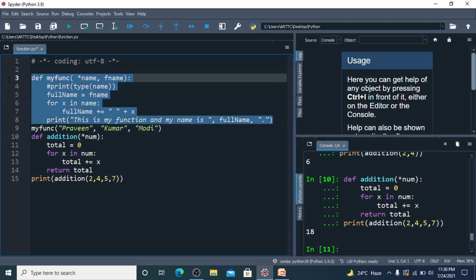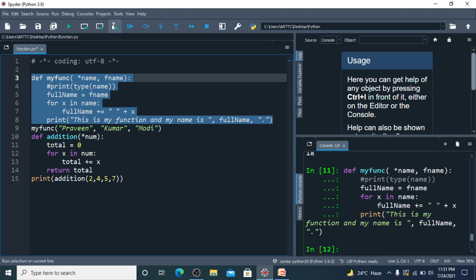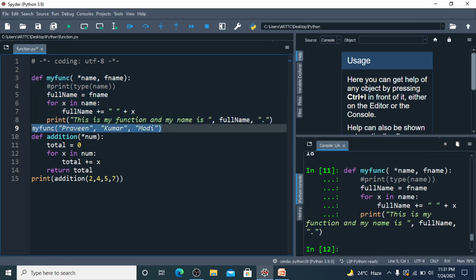Suppose I change this, that means I'm trying to pass a normal argument or normal parameter after this arbitrary argument. So everything is working. Now if I try to execute this my func, what will happen?